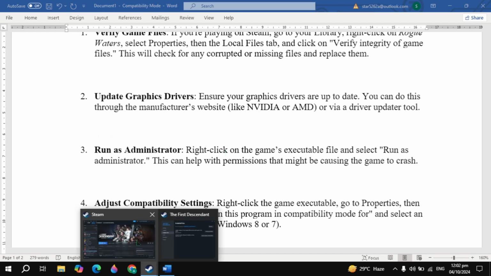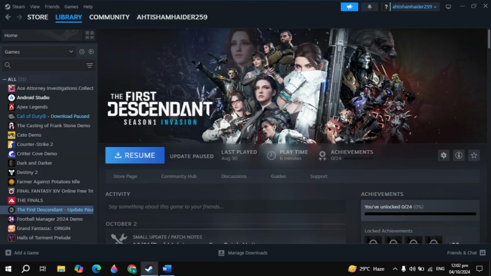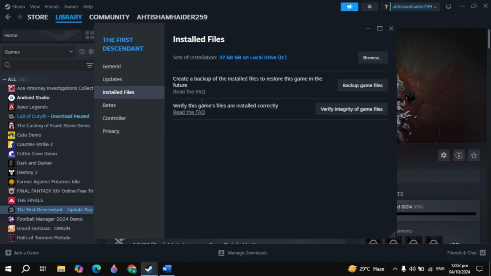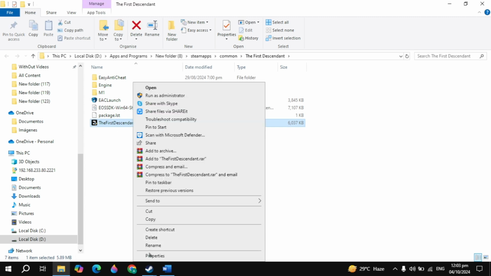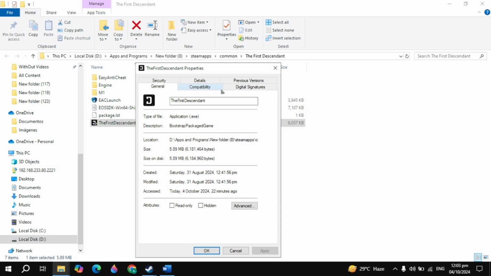Now, if your problem is still not fixed, then simply open up Steam, then click on the gear icon of your game, then go to the game properties. Now here click on install files, then click on the browse option, and guys here just locate your Rogue Water game launcher. Once you find the launcher, right click on it, click on properties,